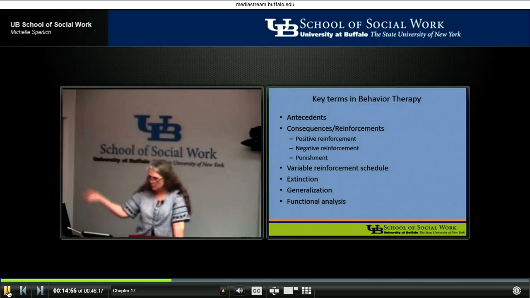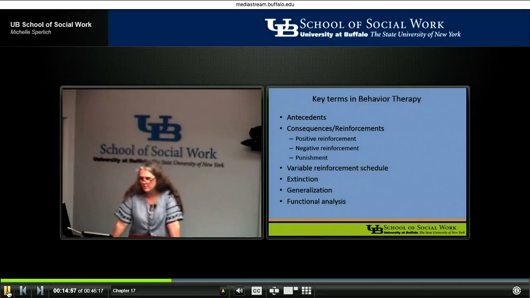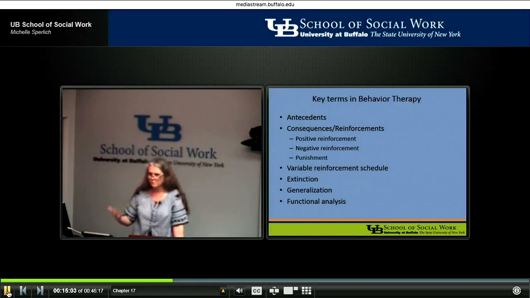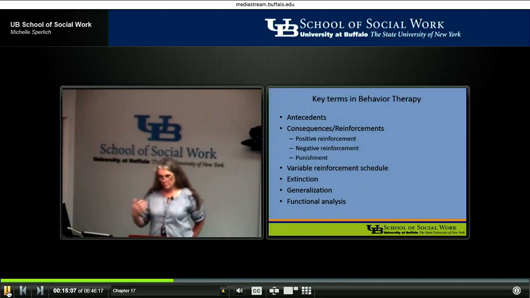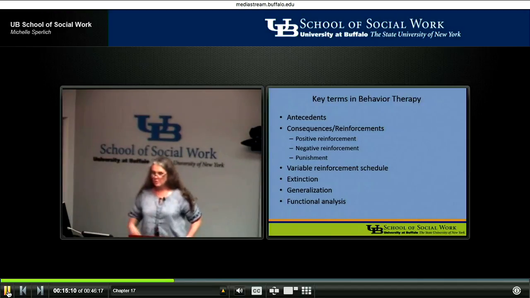So some of the key terms in behavior therapy, we talk about antecedents to the behavior, we talk about consequences and reinforcements, what positively reinforced that behavior, what negatively reinforced that behavior, was there punishment involved. We talk about a variable reinforcement schedule of the behavior, the extension of the behavior over time, generalization,